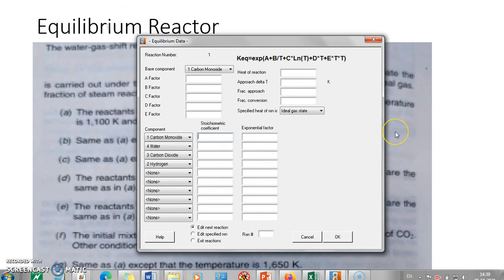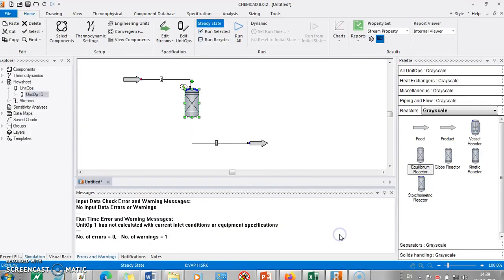So carbon monoxide -1, -1, 1 and 1. Alright, so this is our reaction stoichiometry: carbon monoxide plus water giving you carbon dioxide plus hydrogen. If there is more than one reaction, you can give the reaction number. Since it is only one, we will not give that. We press OK.